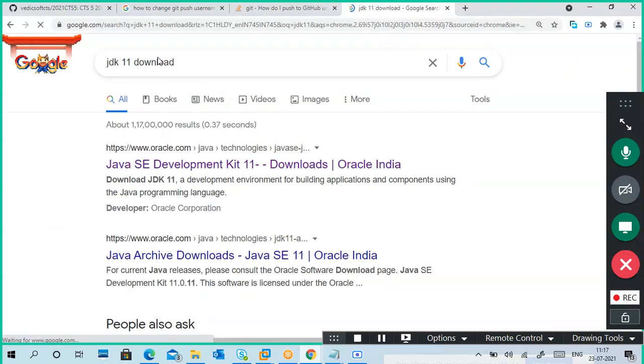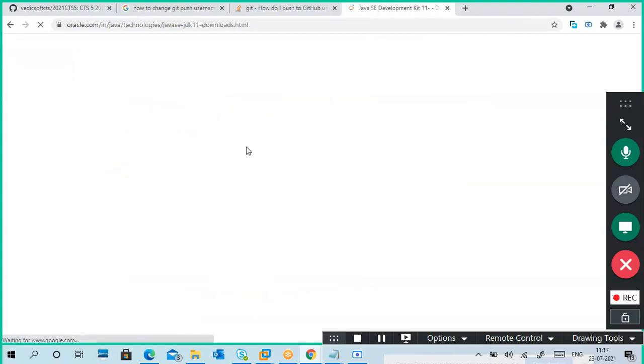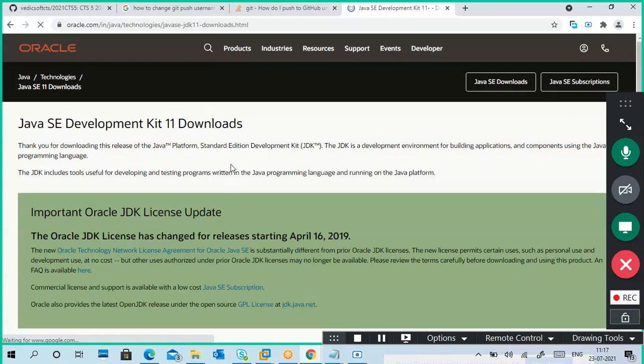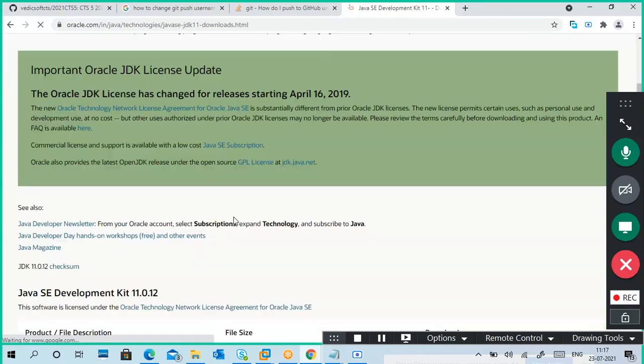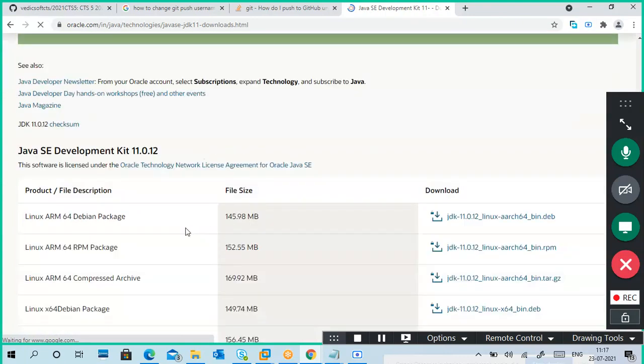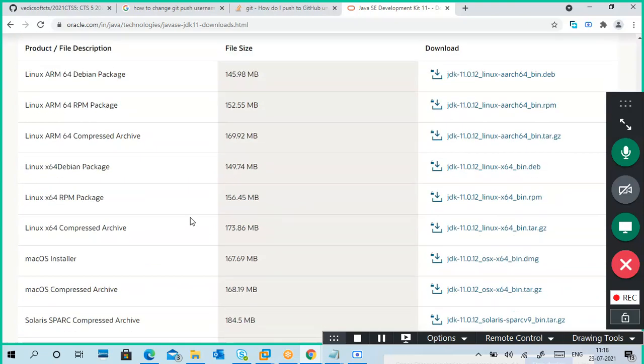First go to JDK 11 download, like this. SE means Standard Edition. If you are doing any enterprise application, then you have to download EE, Enterprise Edition. This is SE, Standard Edition.